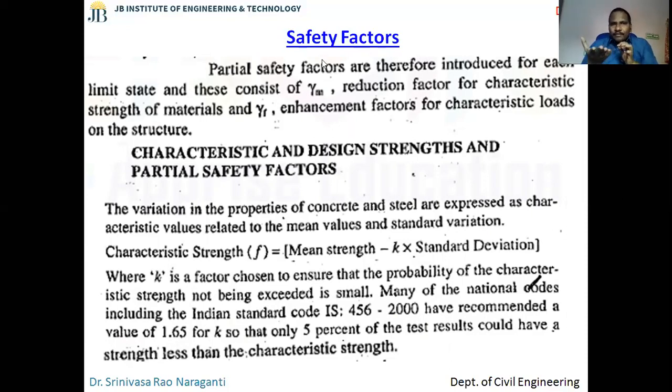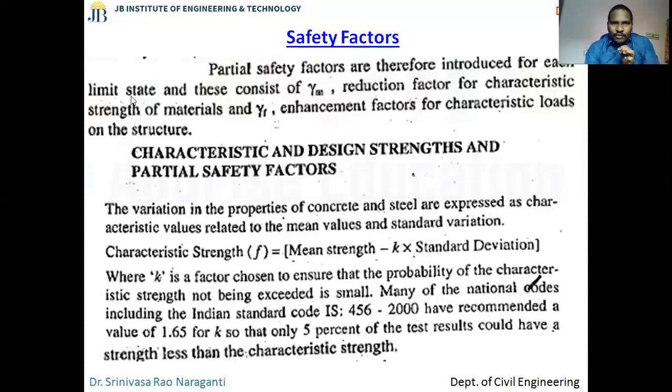For the materials, we reduce the actual strength of the material. And for the loads, the same idea applies. Example, say today a load of 100 kilometers is acting, but tomorrow, who knows? During the service life of the structure, 200 kilometers may act. We don't know. So to account for that, we take the maximum load and factorize it. We increase the expected load acting on the structure. That is also called a safety factor.